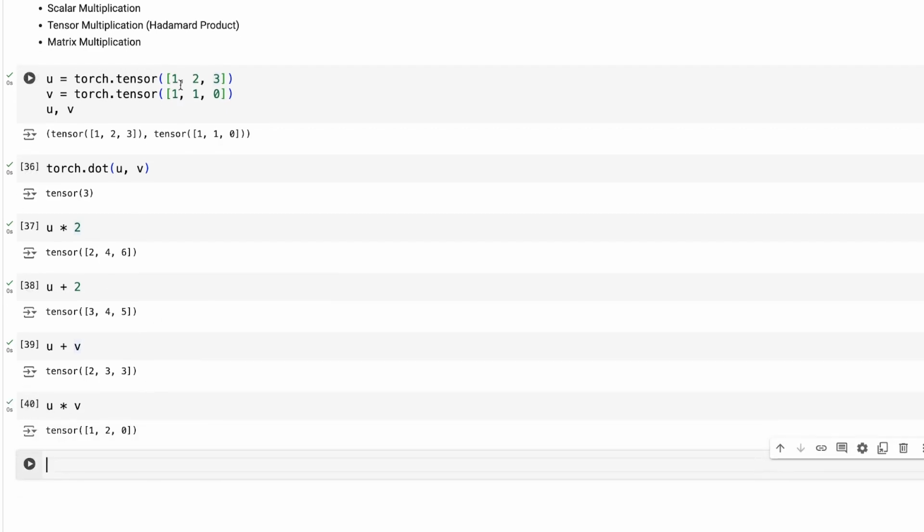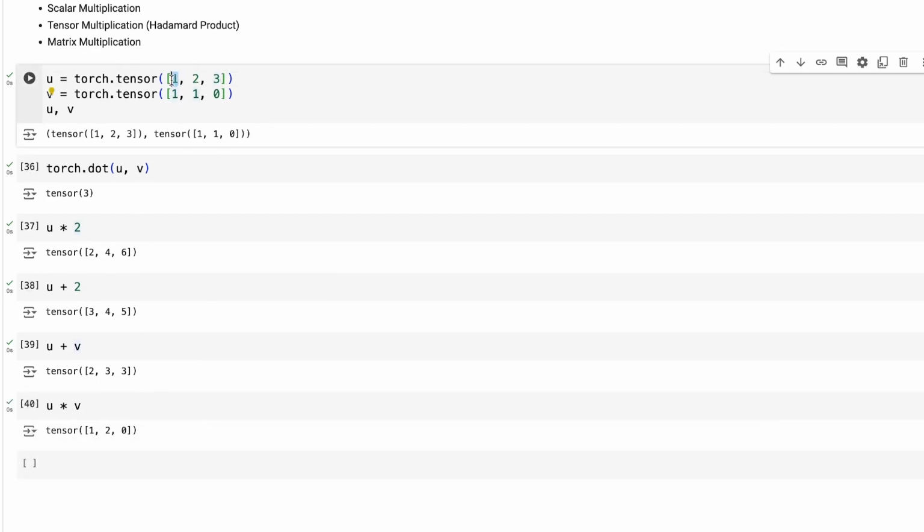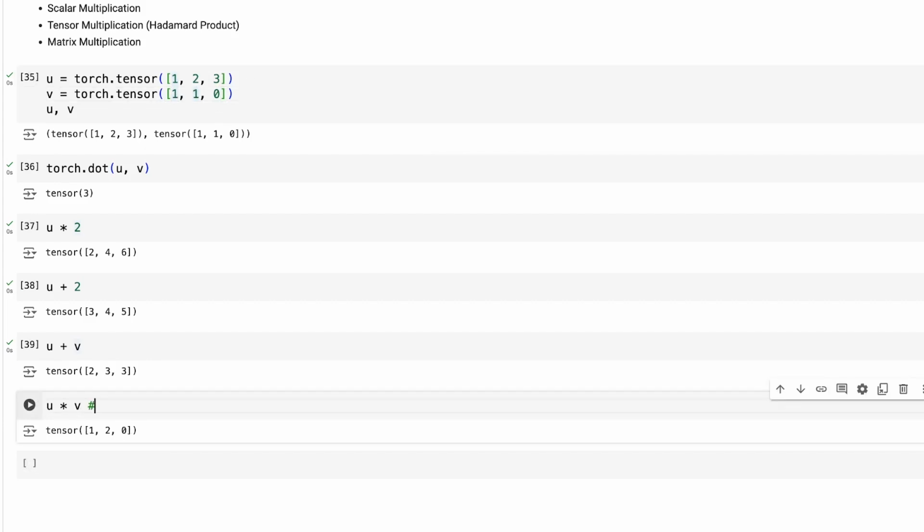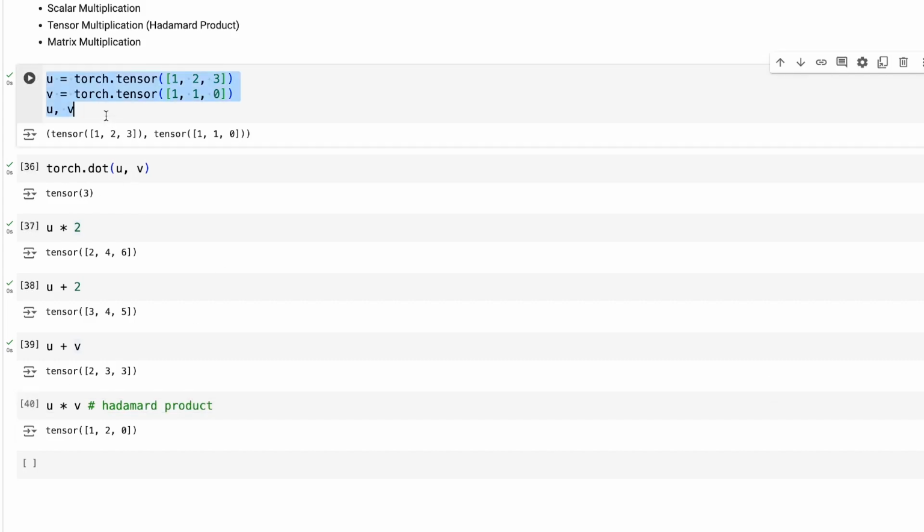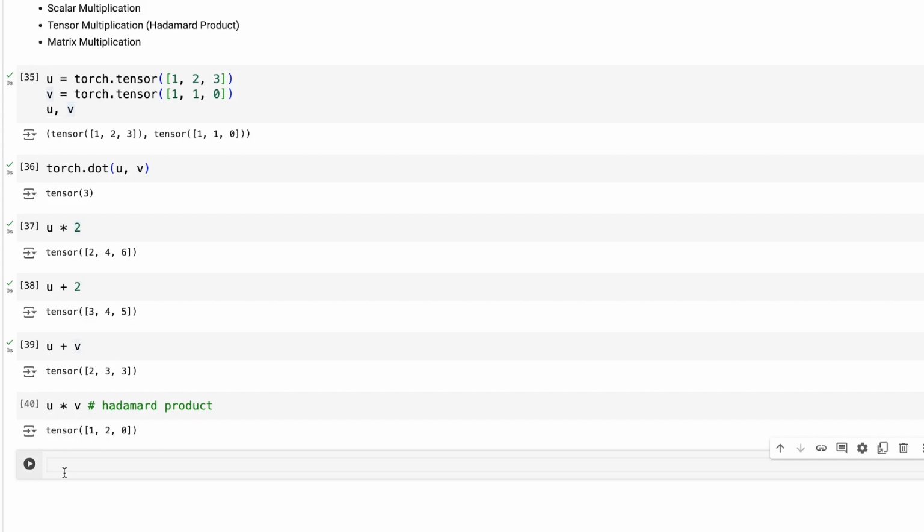So now every single element in vector u is multiplied with vector v. So 1 multiplied by 1 is resulting in 1. 2 multiplied by 1 is resulting in 2. 3 multiplied by 0 is resulting in 0. So this is a Hadamard product. Okay. Now let's compute similar operations by considering a two-dimensional matrix or two-dimensional tensor object to be more